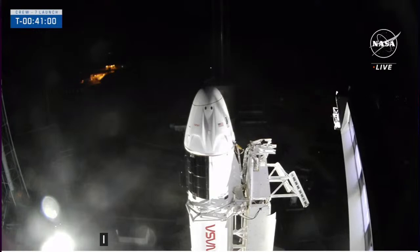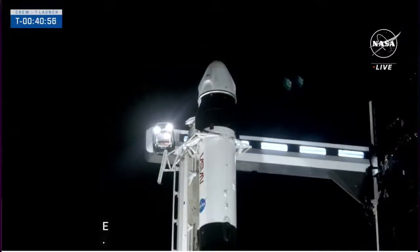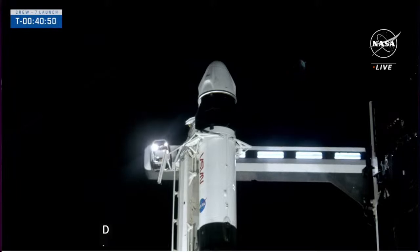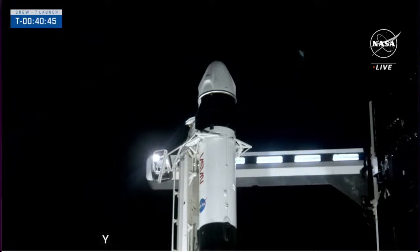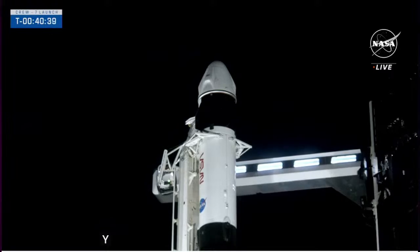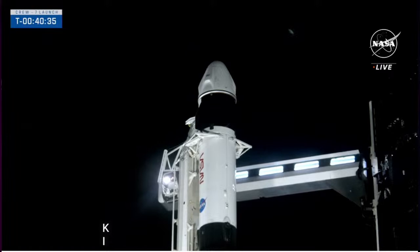It takes about 90 seconds to 2 minutes to move away, and this is a critical milestone, Jessica, as that arm moves away, because now that means if the astronauts needed to get off that rocket for whatever reason, they could bring the arm back quickly, and it can move, as I understand it, a lot faster than it's moving now in the case of an emergency egress,